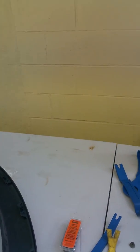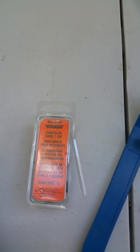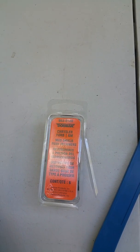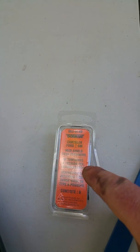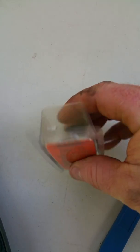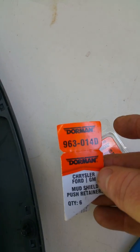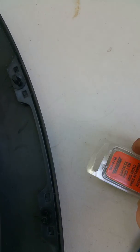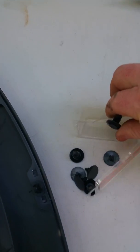And so I went to O'Reilly's, and they carry these, the Dormans, and so this one says Ford Mud Shield Push Pin Retainers, and it's got one part number. However, what it doesn't tell you is that when you open it, excuse my horrible camera work, when you actually open these,